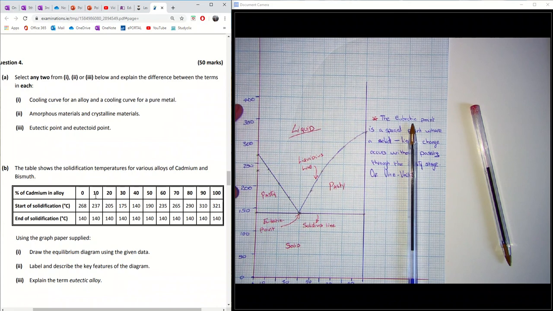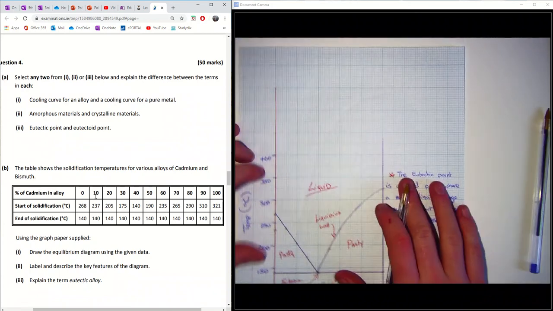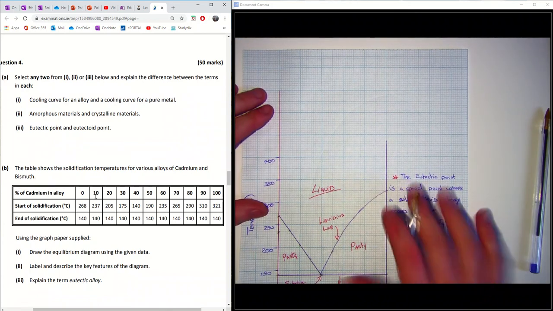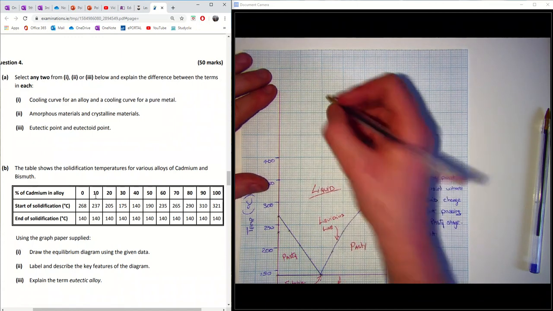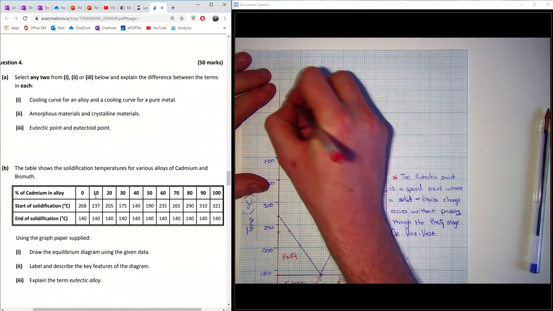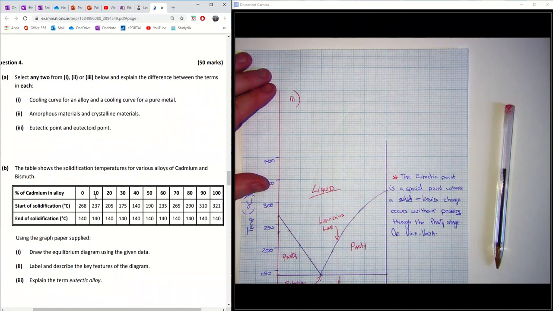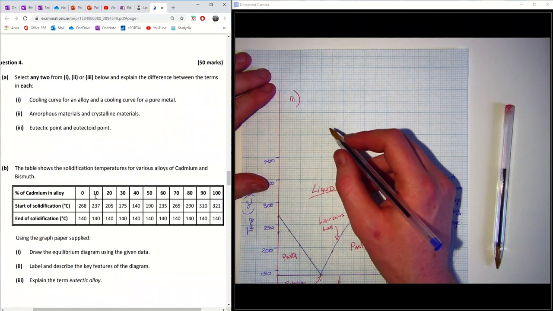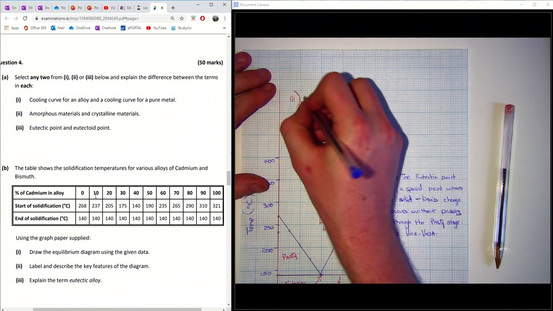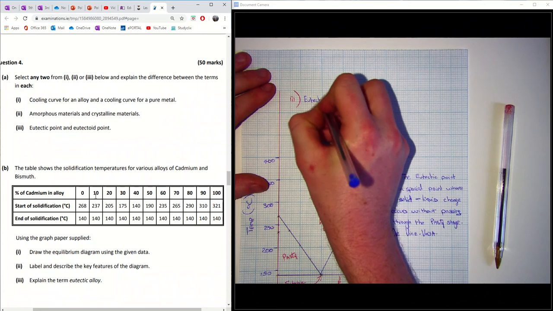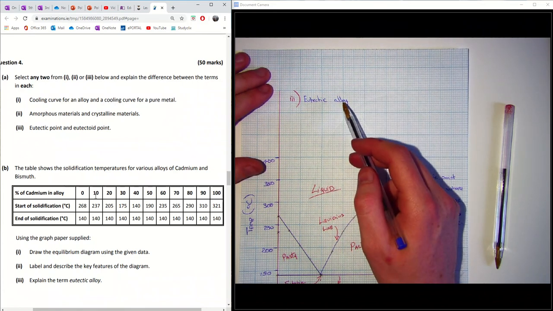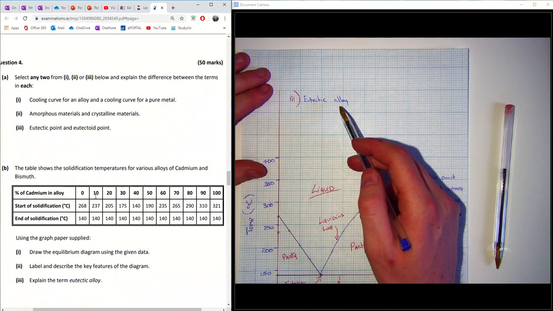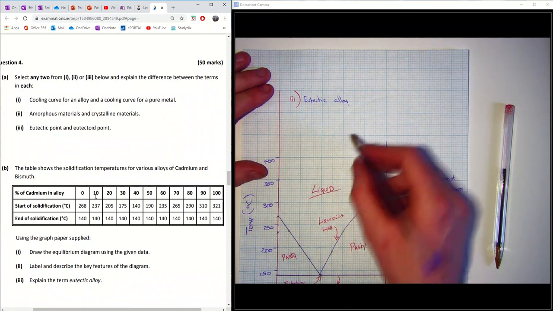Okay, so that's part 2 done. Now, part 3, the final part: explain the term eutectic alloy. So if I explain this, we know a solid solution alloy is where both materials are soluble in both stages of the graph. In a eutectic alloy,